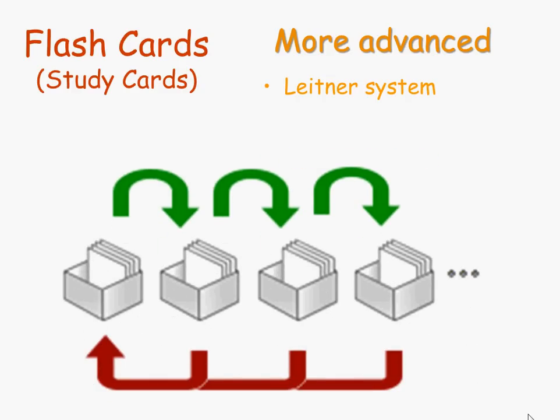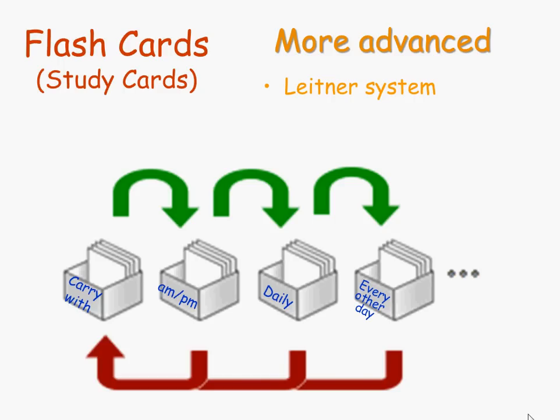Another advanced system would be using the Leitner system, named after its developer, who was a German science writer. He said you should have a series of boxes where you stack up your study cards, and these boxes you would look at with varying frequencies. For example, the first box you might carry with you. The next one you might look at twice a day. The next one once a day. The one after that every other day. You might have another stack that you look at every week.